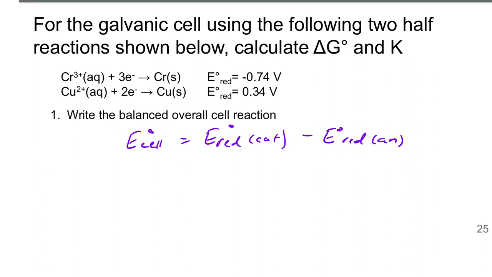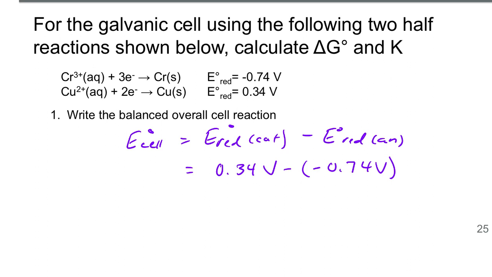I'm going to figure out which way I can rearrange these values for the reduction potentials for these half reactions to get a positive cell potential. So the only way to do that is if I have my 0.34 volts minus the negative 0.74 volts, which means that